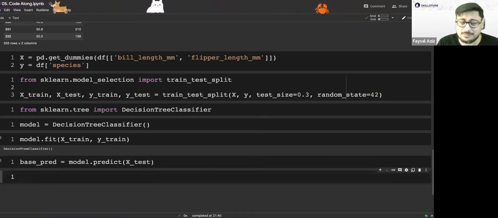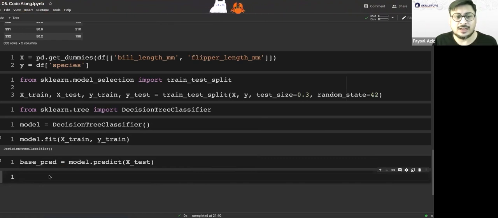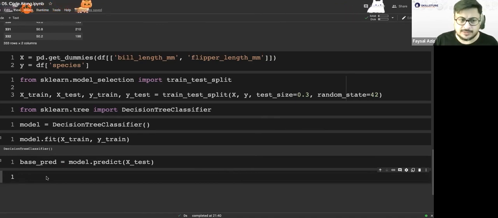I have no idea whether the predictions are good or bad. So I want to do an evaluation. Now, to do an evaluation, there are many kinds of metrics. So I'm going to import a lot of metrics, and I'm going to show you why I'm importing so many kinds of metrics.